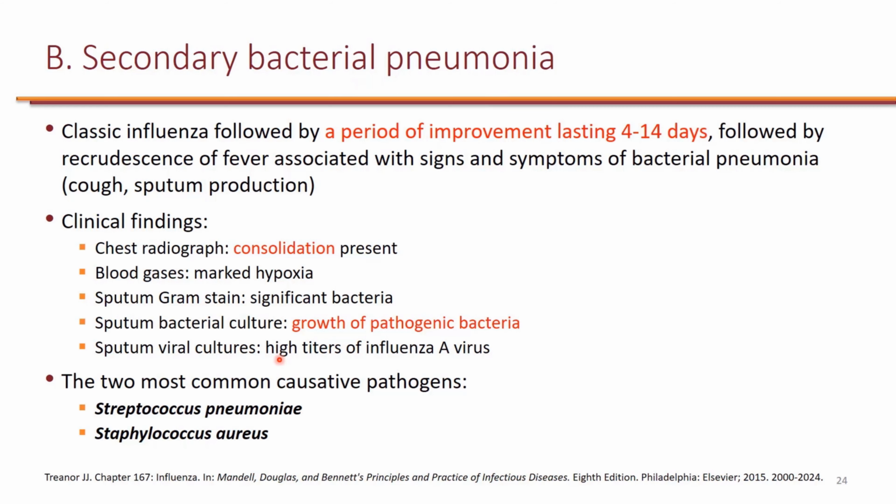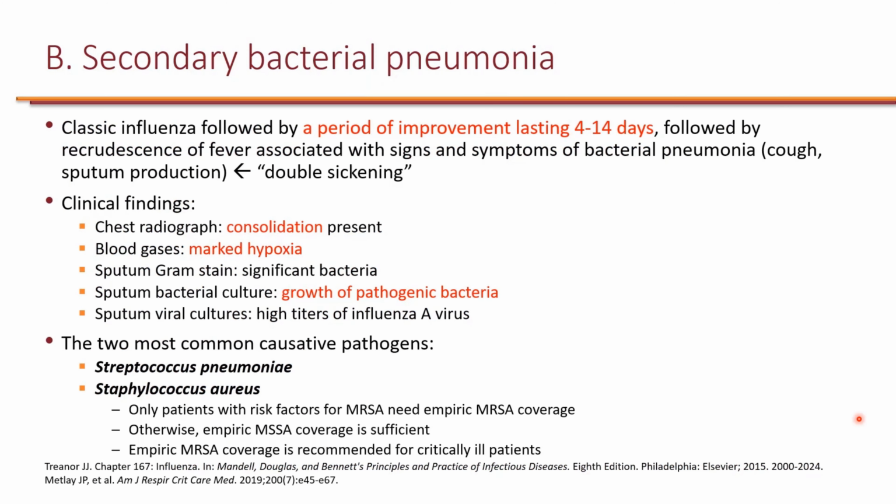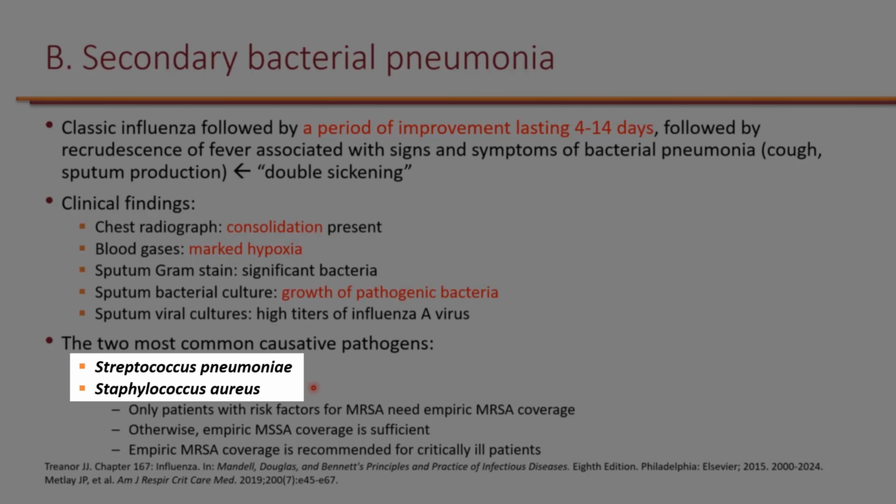Now, with infection control in the hospitals, influenza outbreak is not very common in the hospitals, so by far the majority of influenza causing secondary bacterial pneumonia is from the community. So for the most part, these are community acquired pneumonia. But one thing that's special about influenza causing pneumonia is that the common pathogens are Streptococcus pneumoniae as well as Staphylococcus aureus.